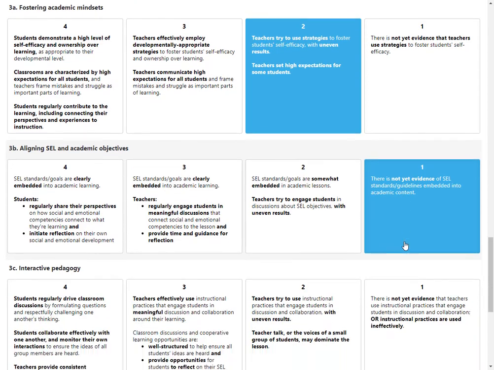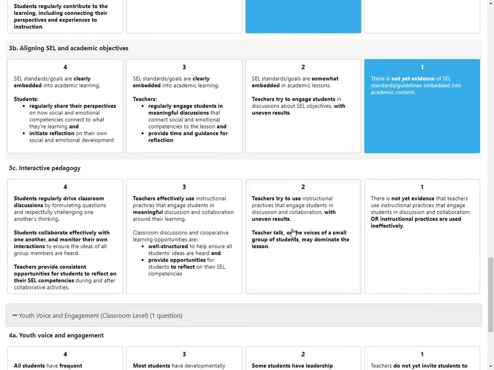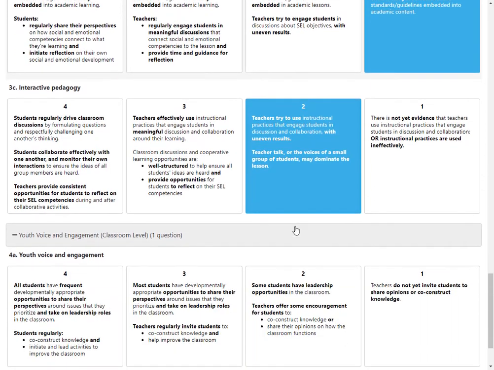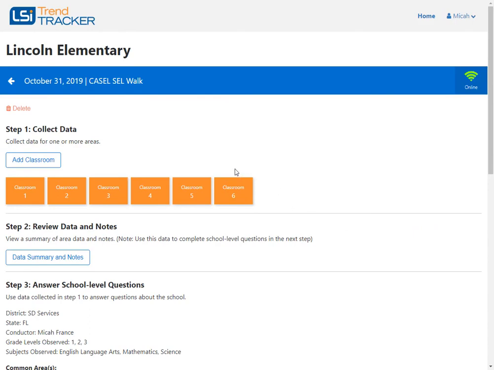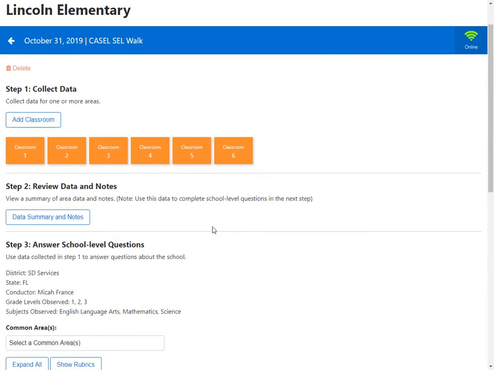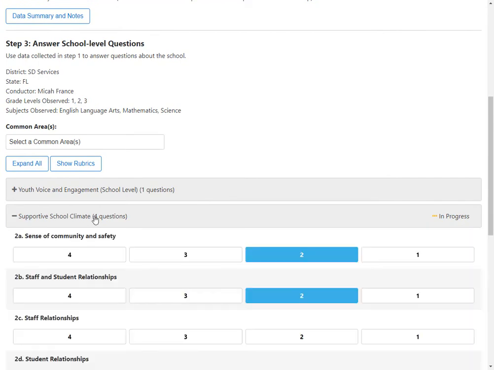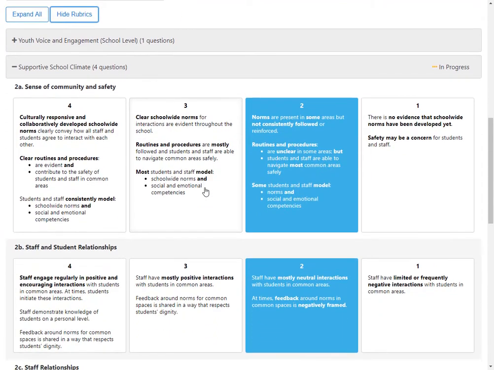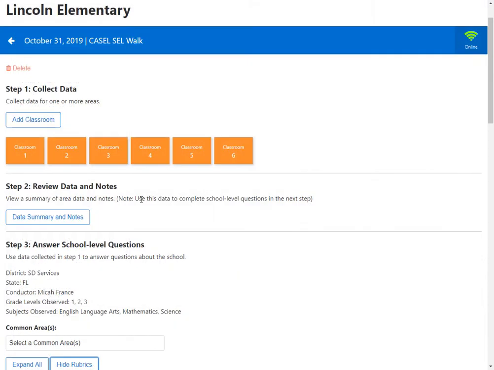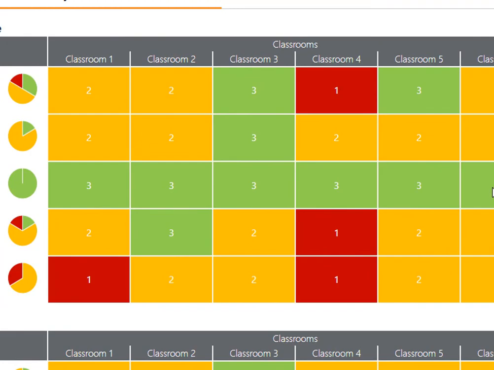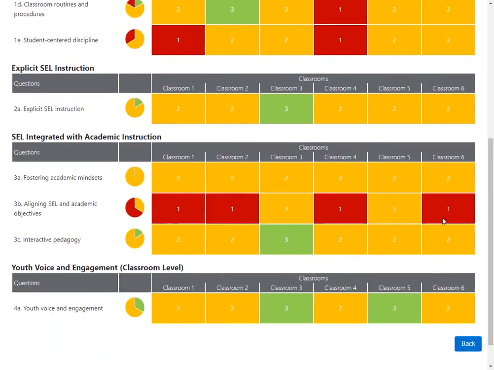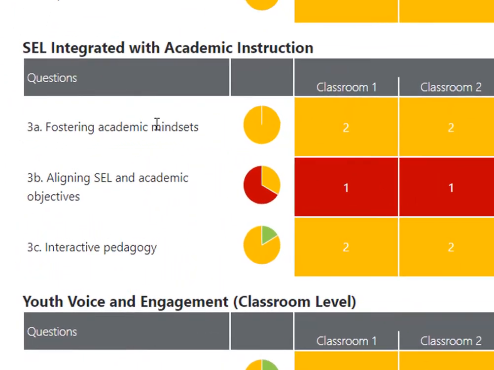As you walk your school and use the rubrics, you'll start to get a sense of some common themes across classrooms. You can collect data on as many classrooms as you like, and you also have the option to collect data on school-wide indicators. The school-wide questions have their own rubrics, just like the classroom questions. Anytime during the walk, you can check the results to see trends in your data. Like here, we can see that on this walk, things looked pretty good on cultural responsiveness. But if we scroll down a little, we can see that we've got some work to do on aligning SEL